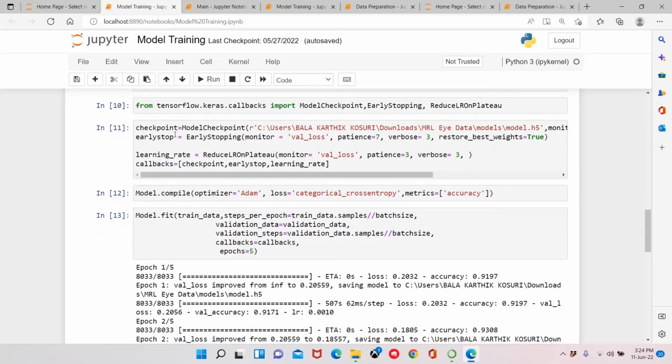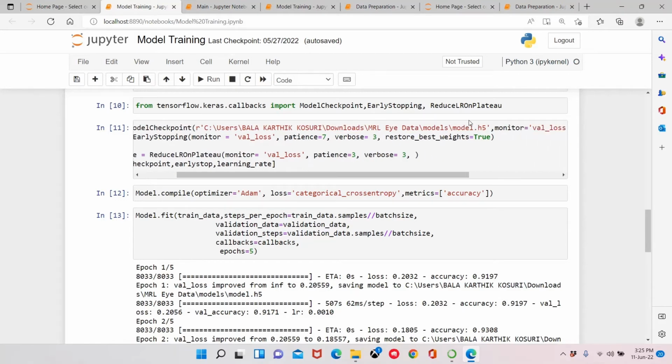Now we are using the checkpoint, and some directories are mentioned here, which is the directory of the file which is stored as model.